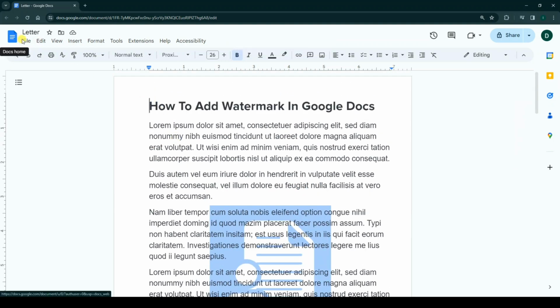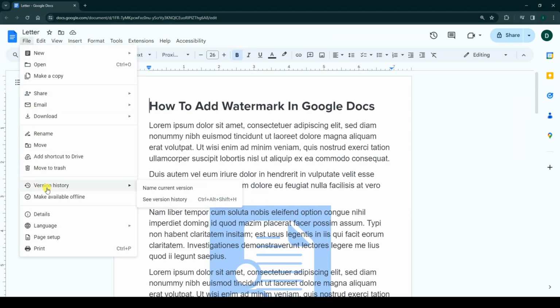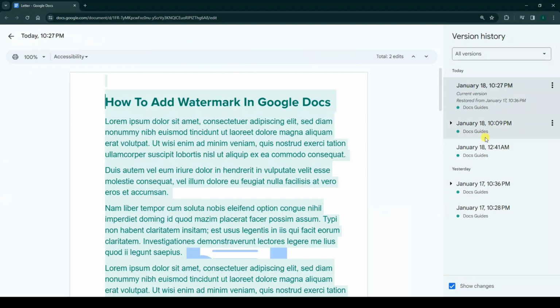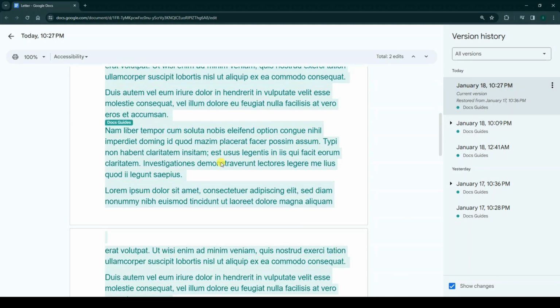Again, you can click on File, from Version History, click on See Version History, and choose another version and